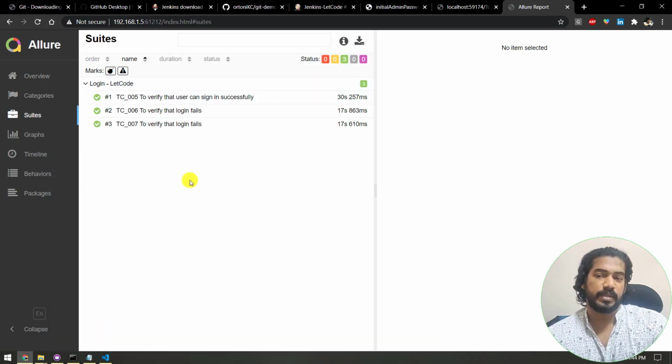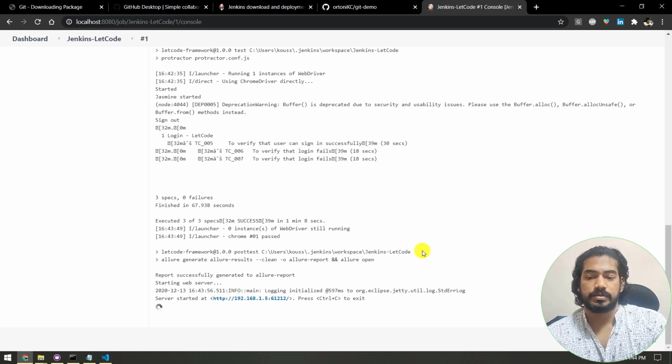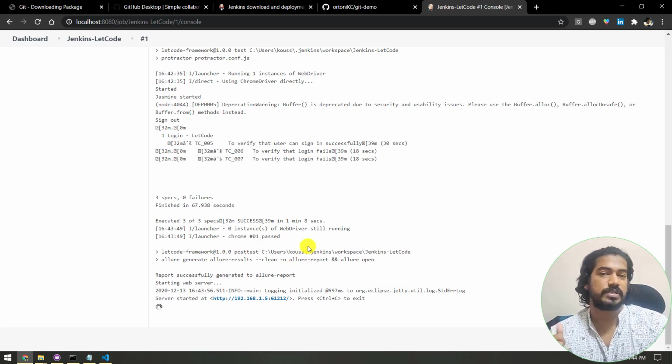That's pretty much fine, but as I said, we should download it and then probably you can use it. Okay, so that's going to be very simple. Let me show you that as well. So here you can see press Ctrl C, but I don't know how to give Ctrl C here. So that's not going to work anyway, but yeah, I think that's it. Okay, so that's our mistake, probably we'll just